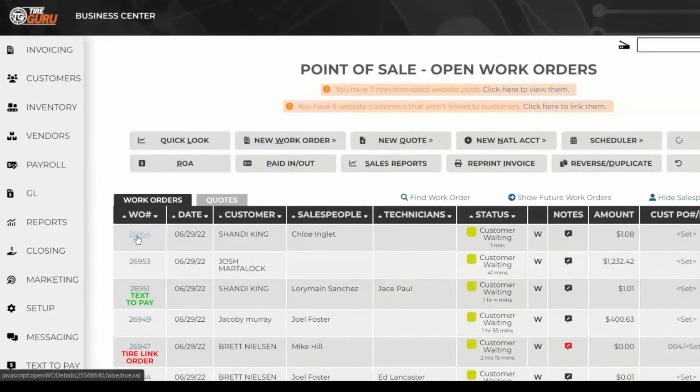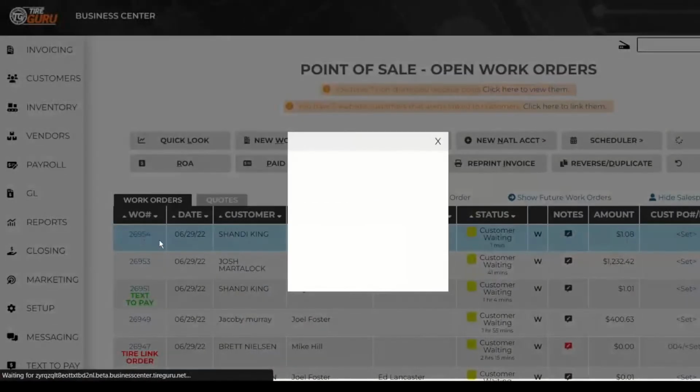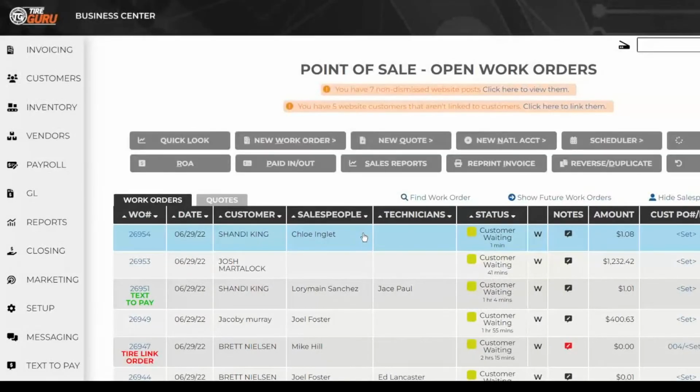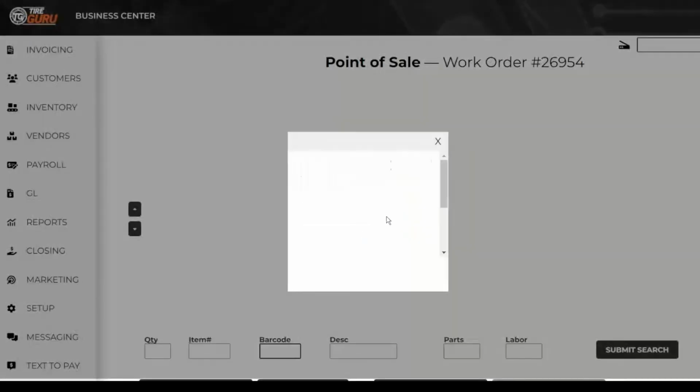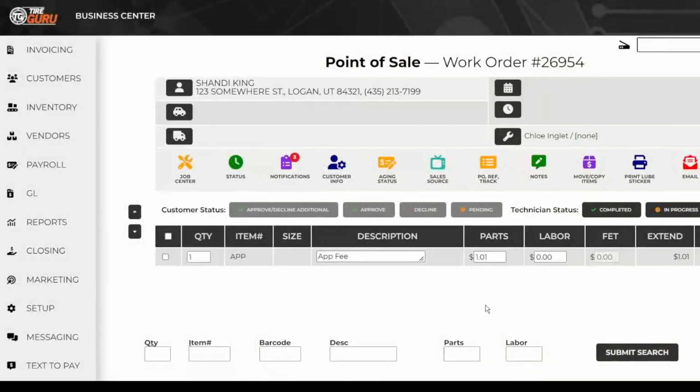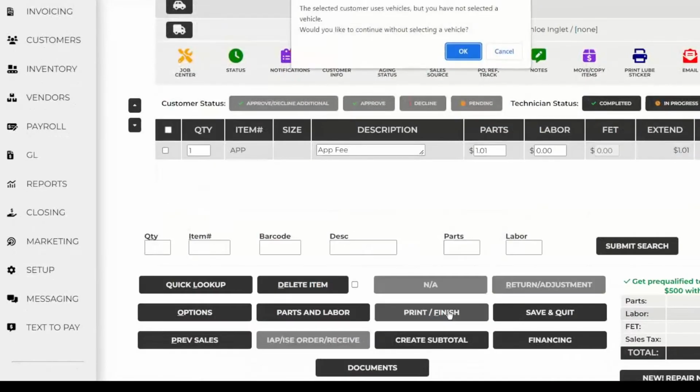You have the option to click on this work order link here that will give you a quick view detail of the order, and you can hit the link here that says text to pay. You can also come into the work order itself, and if you're getting ready to finalize that and the customer would like you to send it to their phone so they can pay it that way, you can come down and hit print and finish,